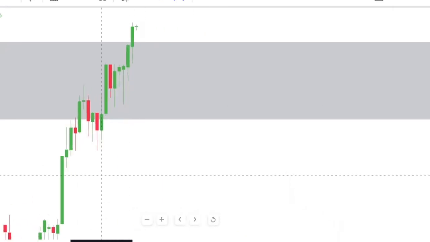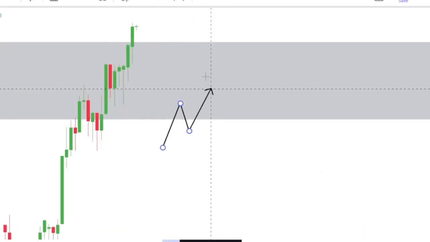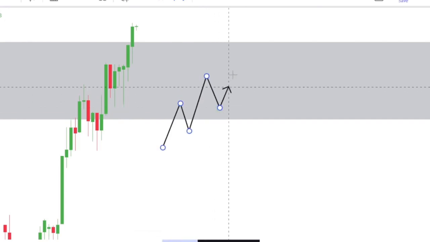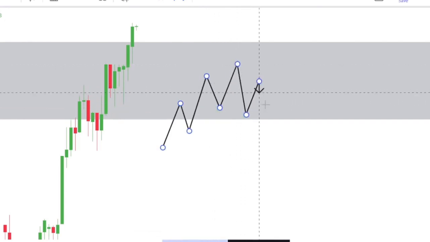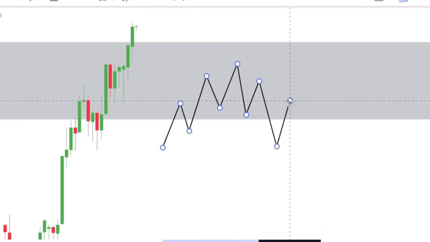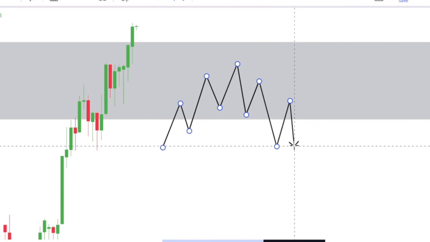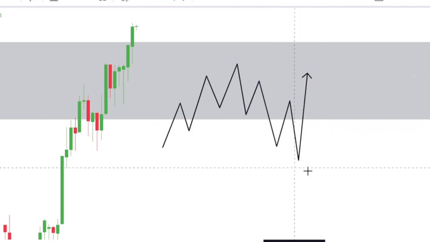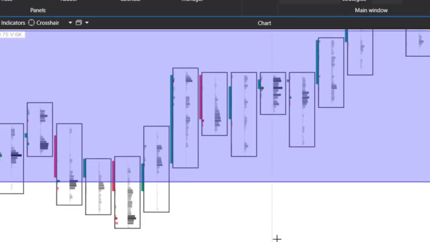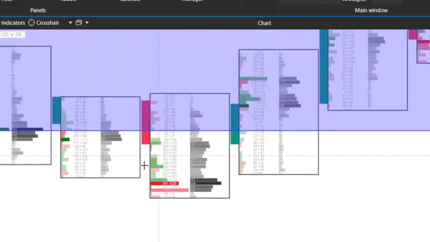When we're at a demand zone like this, and you see aggressive buyers coming in, and you see the aggressive sellers kick in and try to push price down, right? So you had aggressive sellers in this region over here. This is where sellers were incredibly aggressive, as you can see with the footprint chart, right? Sellers were very aggressive at this point, right? So again, this is the price action over here. Sellers were very aggressive over here, very